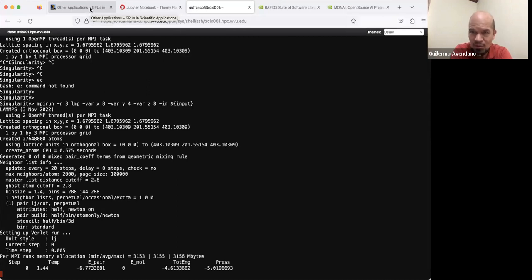And again, the motivation for this is we have a new cluster that will be in production in a few weeks, 3 weeks, 2 weeks, I don't know, maybe 1 month, and will be available for you. You can request accounts on this cluster, and this cluster has more than 150 GPUs, and you can use those, for example, for training your deep learning models,